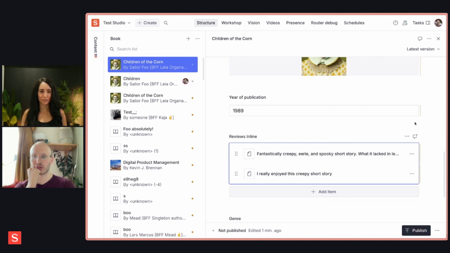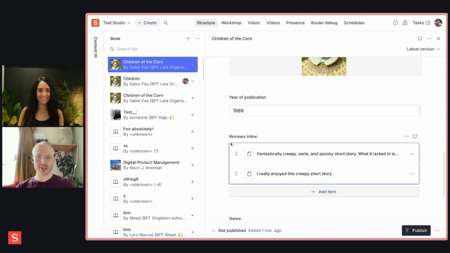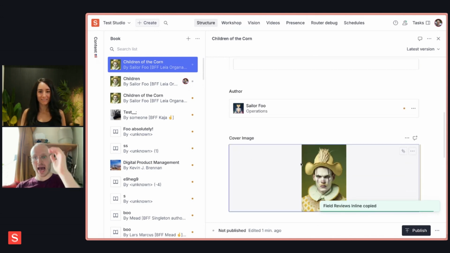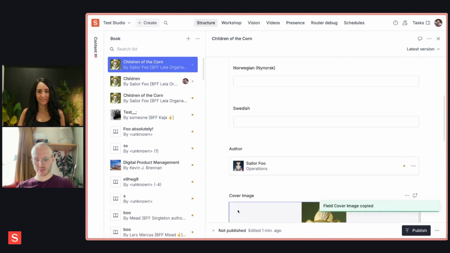So you've been doing 3 dots and then copy field. I just saw, did you do a keyboard shortcut? Does that also work? Oh, yeah, sorry. Of course, I forgot to mention that. Some of these fields, we support keyboard shortcuts, for some. So for arrays and images, where you have this blue line,